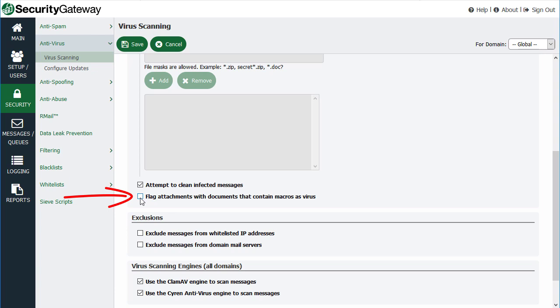And a lot of the time, while there may be situations where these macros are harmless, in many cases these macros, if you allow them to run, can unleash malware and do all kinds of damage to your system. So this option allows you to flag any of those types of attachments that might have macros and treat them as if they have a virus,